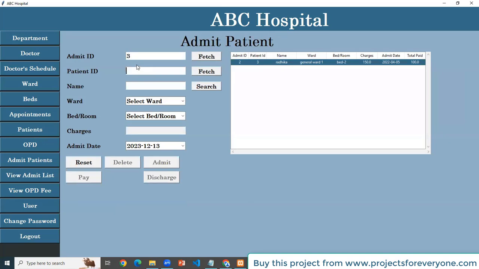We already have a record of one patient, patient 3. Now we are admitting a new patient, Ritika. Selecting her ward. Select available bedrooms, charges, admit date.